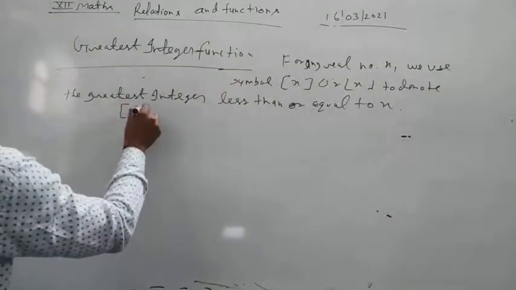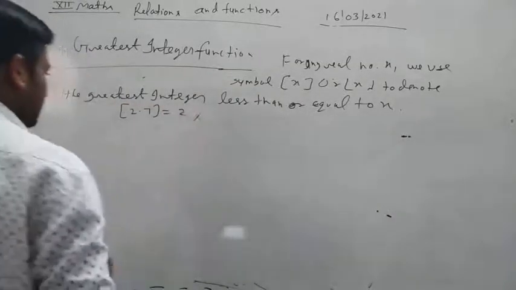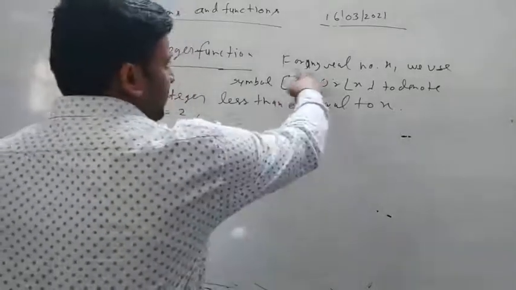For example, if we take 2.7, this gives us 2, because for any real number